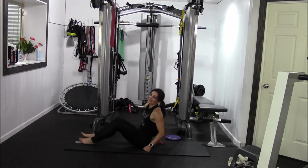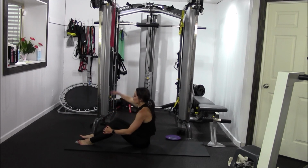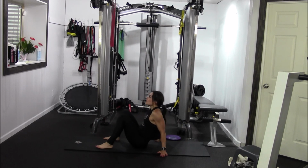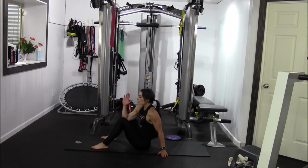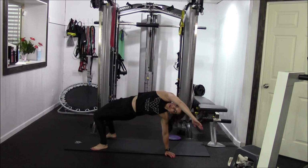To come back down, don't come up if you didn't get up yet. We are going to go into that overhead bridge stretch here. Your feet are on the floor. You're going to come over for 5 on each side, just like this. Okay, so we're going to start here. Ready, set, and begin. We got 1,